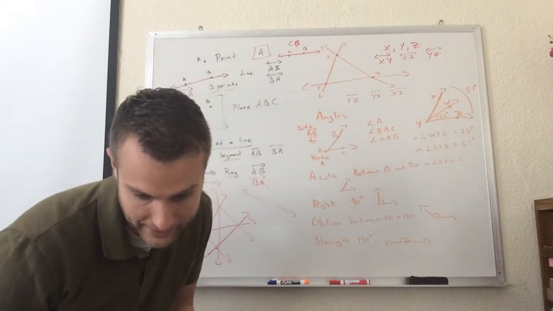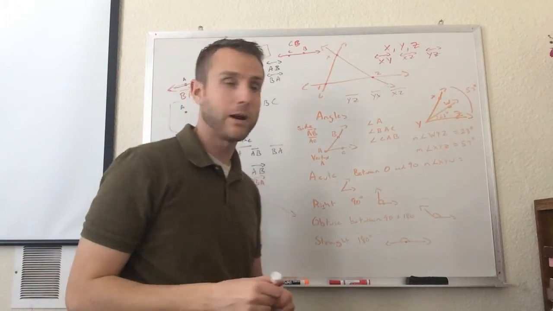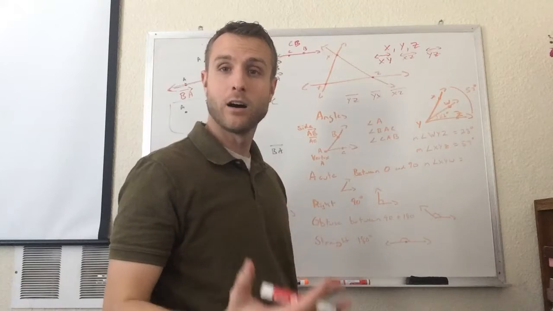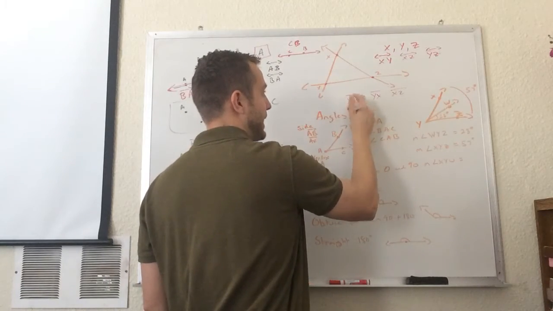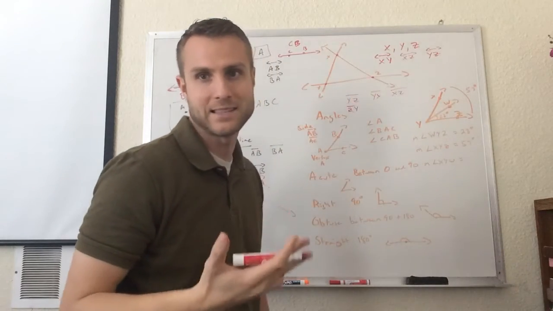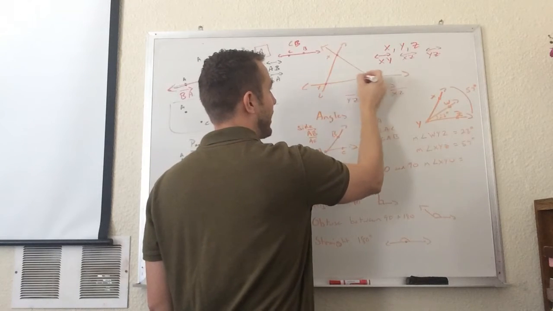Those are my segments. How about my rays? Well, I actually have more rays because the ray is different depending on where it starts. So the segment YZ is the same as segment ZY. So I don't have to write that twice because that's the exact same thing. But the ray YZ